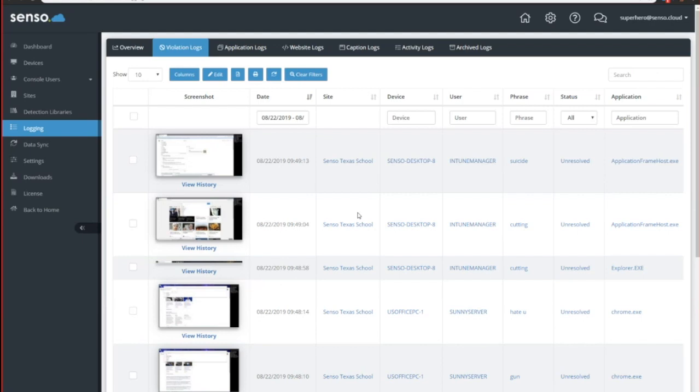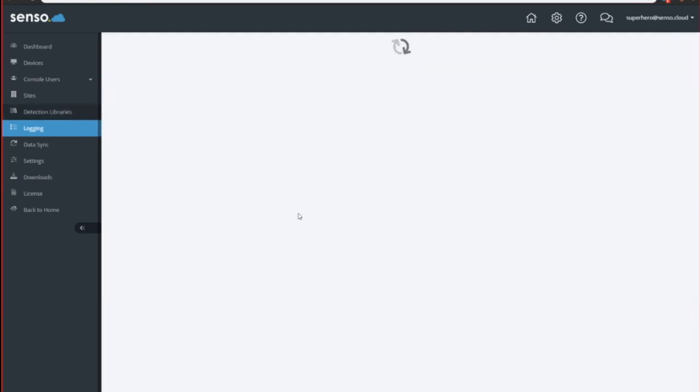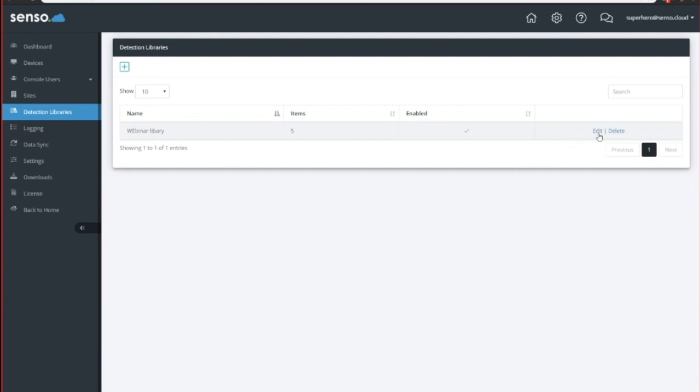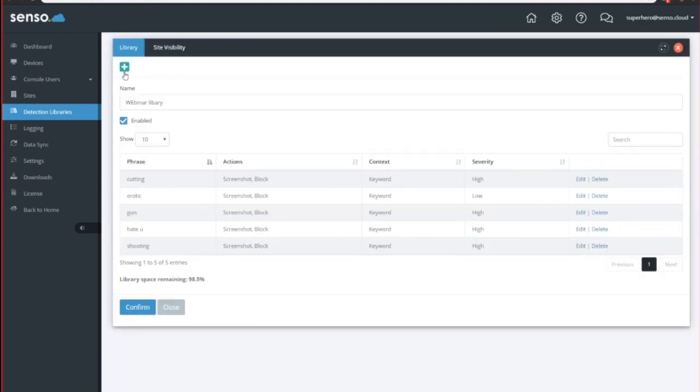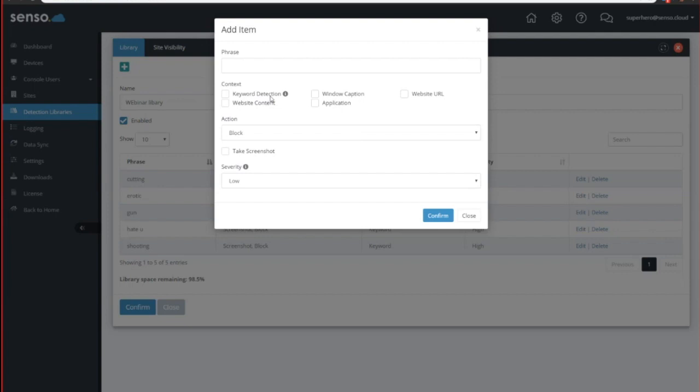If you have a very specific thing that you want to track on campus at your school district that's not pre-built from us, you can make that detection library and get those alerts back from it. You can trigger a screenshot of it, anything like that. So in here, I'll show you what that looks like. You could do the same thing as in block resources: keyword detection, content, applications, URLs, block or whitelist, and then